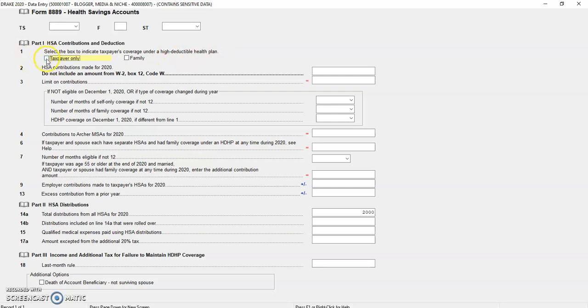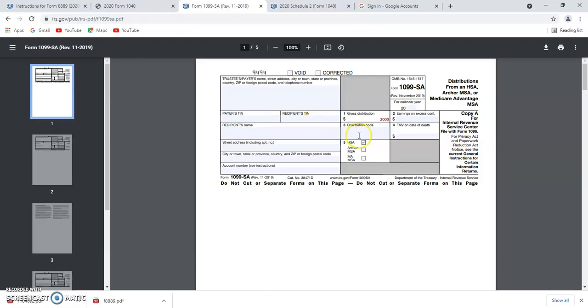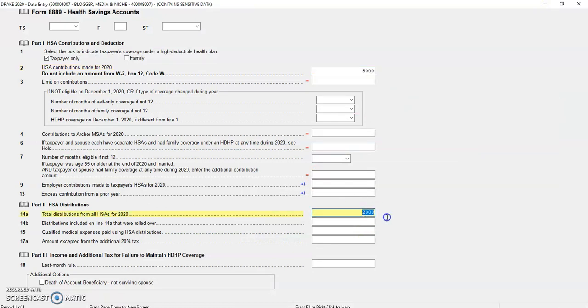Suppose this plan is only for the taxpayer, so you have to enter here the contributions you made for 2020. Take an example, $5,000, and for part 2, HSA distribution, as I have already mentioned, for 2020 we have reported $2,000 here. Now control V.